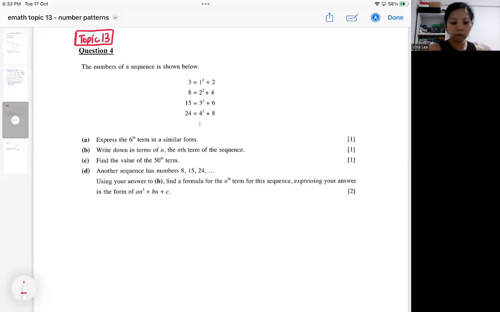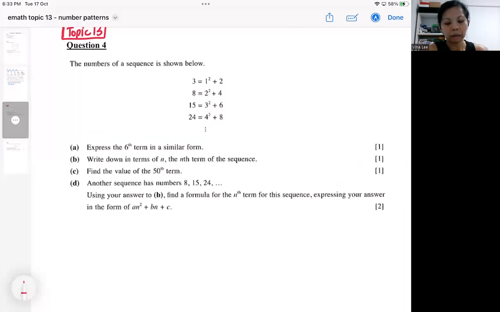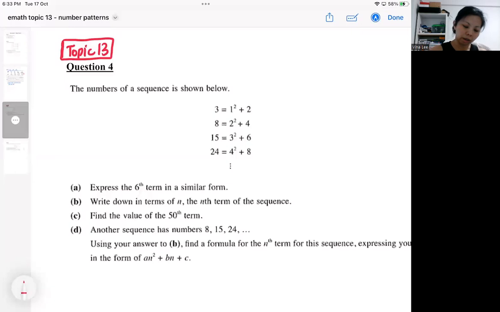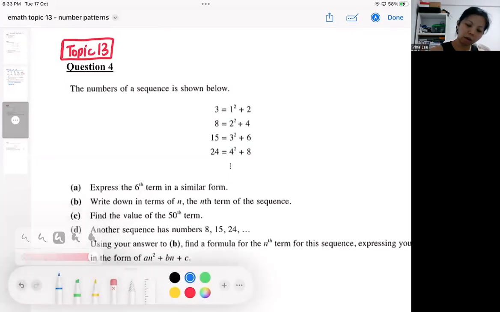For this topic in number pattern, we will usually need the common difference. So in this question, there is a little bit of common difference mixed with some other pattern. So in general, if you're given a sequence like this, and let's say you feel a bit lost,